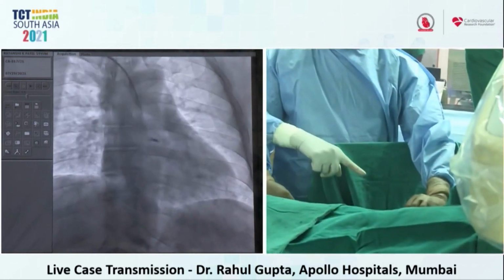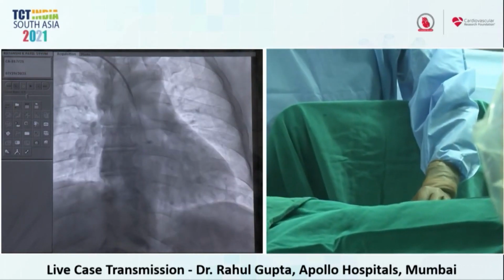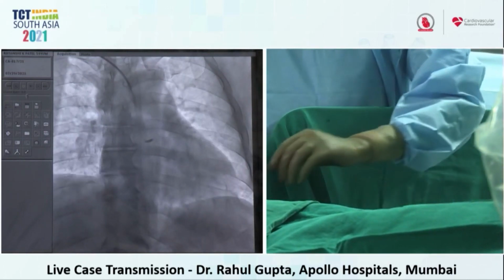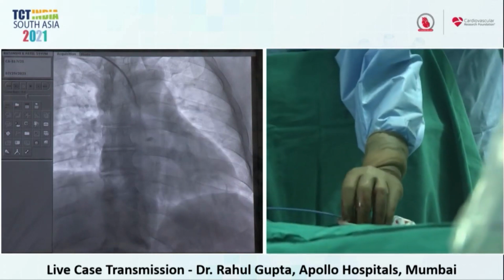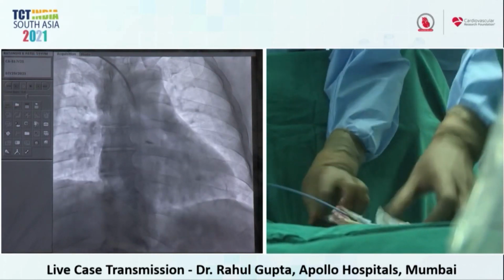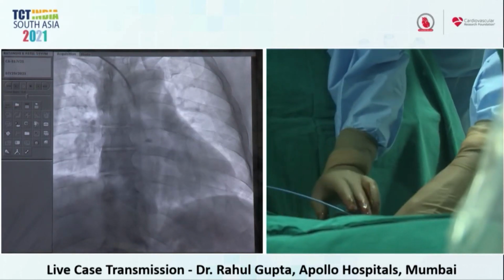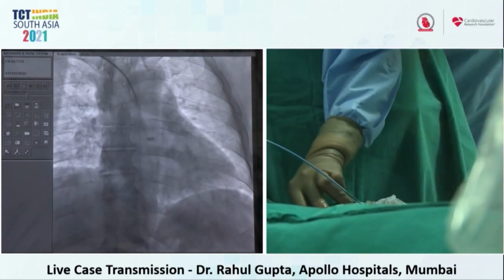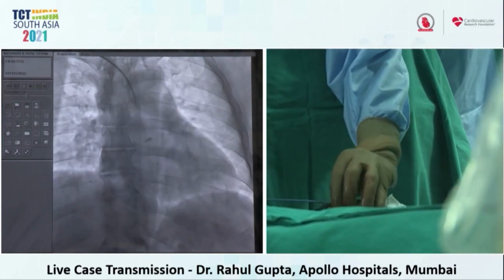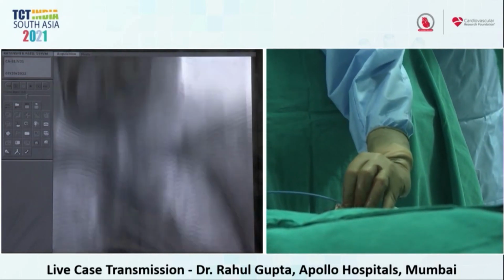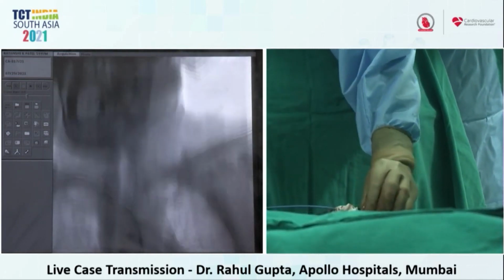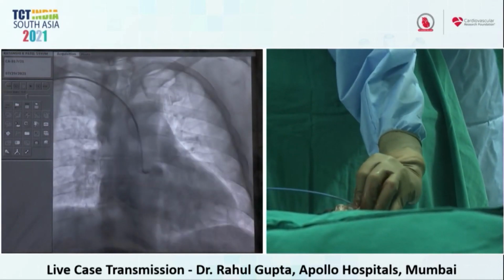Actually, when you use this dilator, it reduces the razor effect of the guide. It smoothens the transition between the guide and the dilator. So you don't have the razor effect of the guide, which would injure the radial artery. That's the advantage of using this dilator inside the guide. Otherwise, as you said, injury will happen. The dilator is mandatory. That is what the railway catheter actually is.